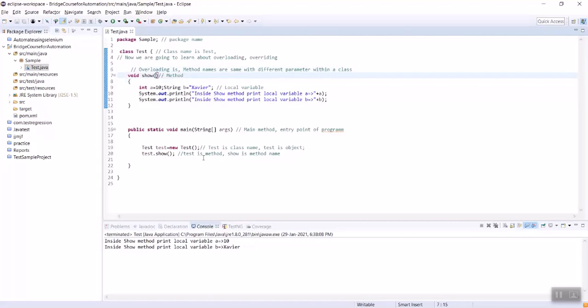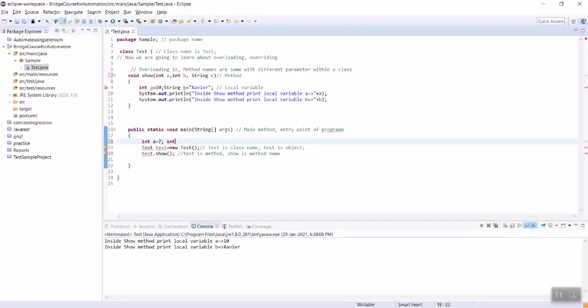So here, first we will see the overloading. The parameters we are going to add are integer a, integer b, then string c. Then next, here we are adding the values for the variables.